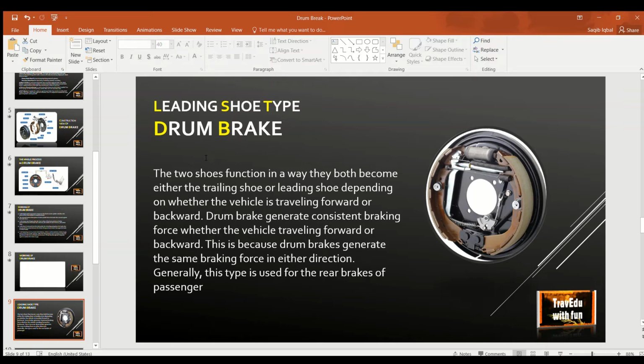Drum brake generates consistent braking force whether the vehicle is traveling forward or backward. This is because the drum brake generates the same braking force in either direction. Generally this is used for the rear brakes of passenger cars.